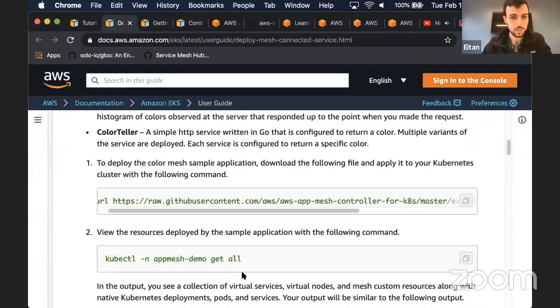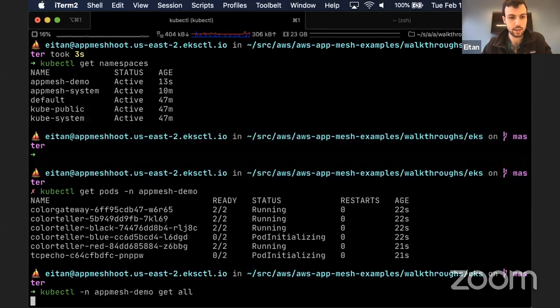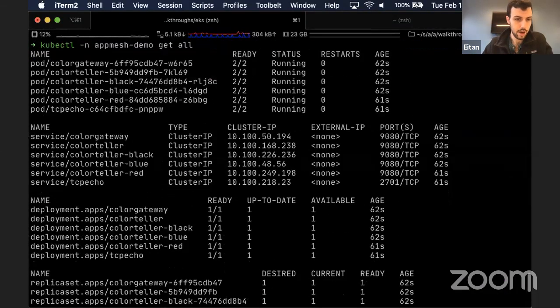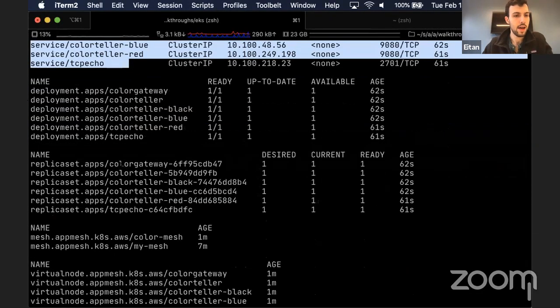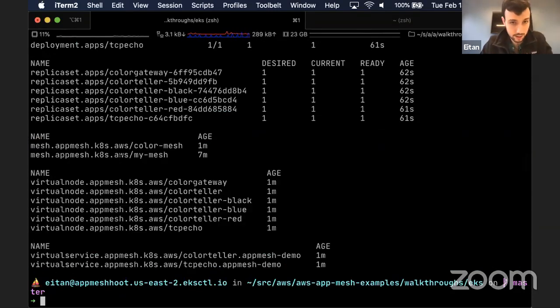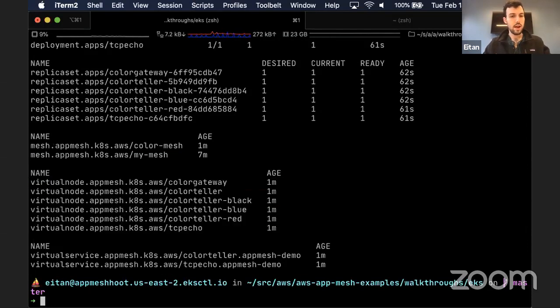So now it looks like a get all will show us everything, including the custom resources, hopefully, and it did. And so we see all those pods, as well as services for each of our pods. And more importantly, here are our App Mesh resources. So we have two things. The mesh, my-mesh, is actually a leftover from the first part, but the color mesh is the one that was applied here, as well as a virtual node for each workload, and virtual services, which handle